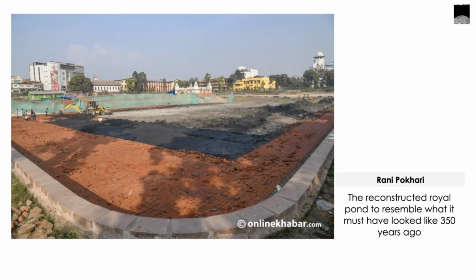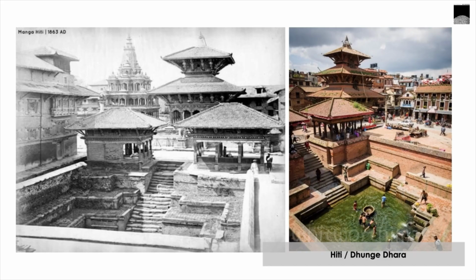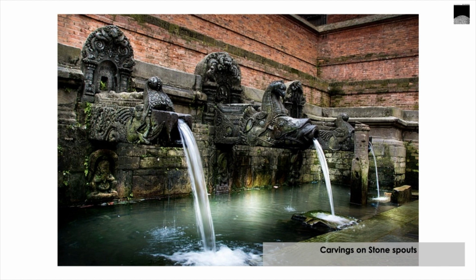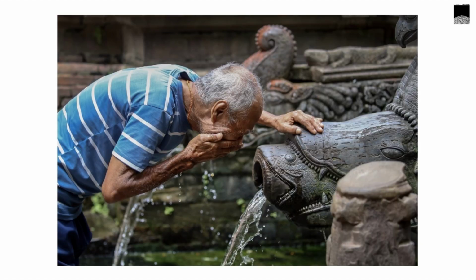At that time, the region's water management system was shaped by numerous Rani Pokhari in various parts of Kathmandu Valley. Because Rani Pokhari replenished groundwater, it maintained the flow of nearby water sources like hittis and wells even during the dry season. A hitti, also known as Dhungedhara, is a Nepalese traditional stone spout with steps sunken structure. It is a stone waterway with intricate carvings that allows water to flow uninterrupted from underground water sources.